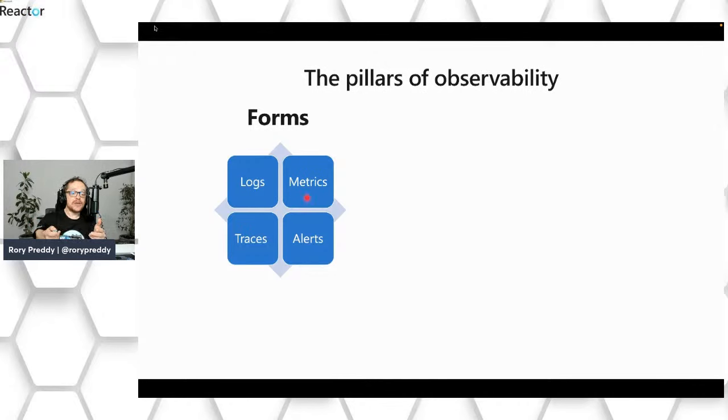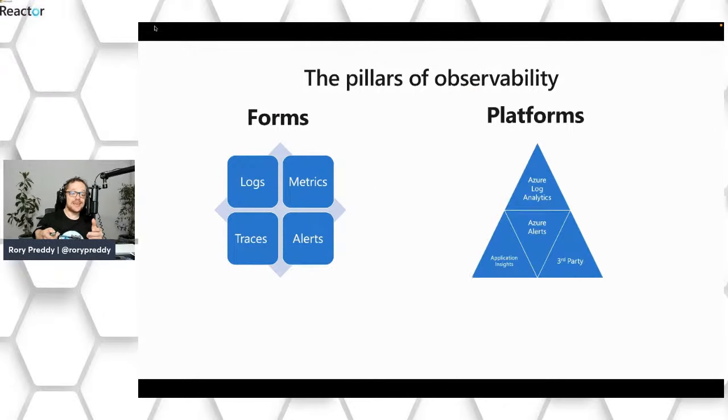Then we have metrics. Metrics might be CPU, memory, or custom metrics. And then finally, we have alerts. Put these all together, logs, traces, metrics, and alerts, and it allows you to take observability to the next level using tools and technologies, which is our next